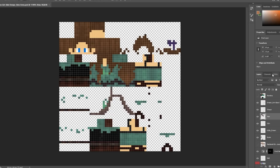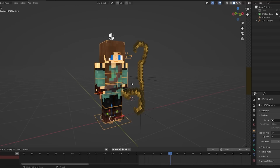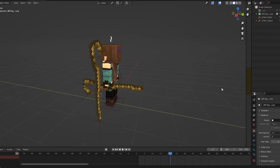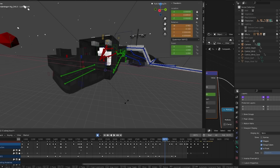I took elements from other skins and templates, a lot from other elven type characters with ragged clothes, and combined them with elements from mine and other medieval animated skins to get to the final result, which I was pretty happy with since I haven't done a lot of skin designing in the past. There were also a few other smaller things with rig adjustments in both the Golem and Ender Dragon, in particular